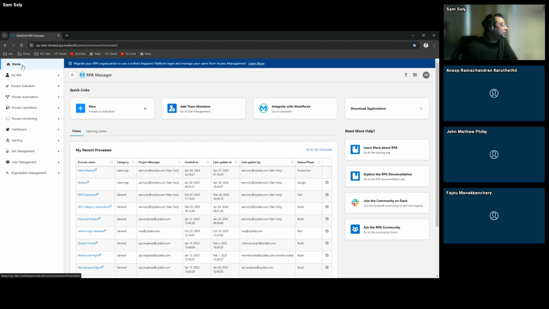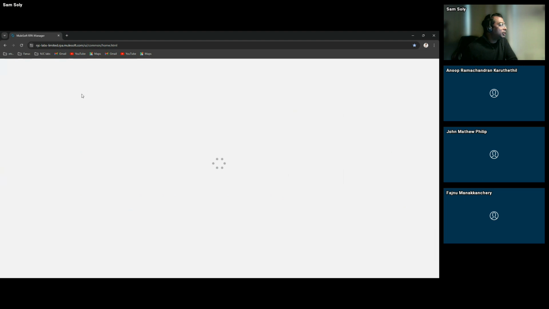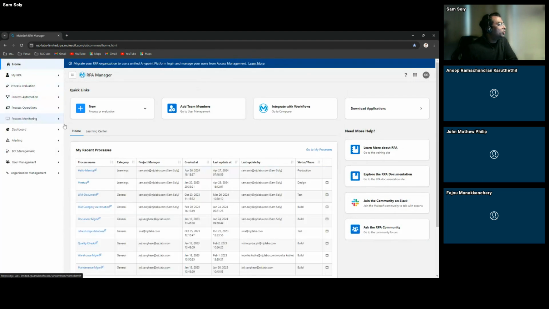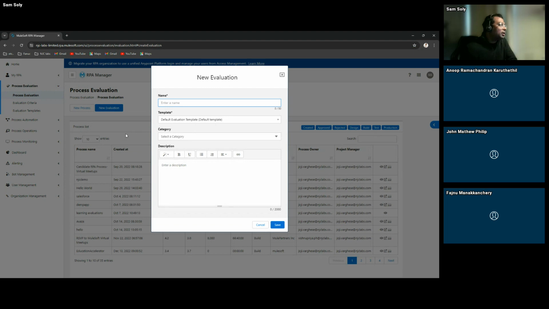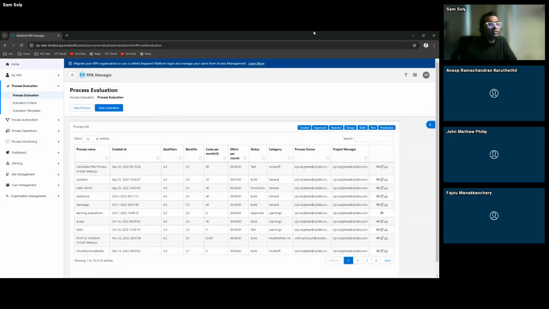When you reach the home screen of MuleSoft RPA, you can directly see a new link where it says process or evaluation. So let's see what we do here. We click on new and we say, hey, we want to evaluate the process. But before we evaluate, we need to know what we are trying to do here. So for that, let's first